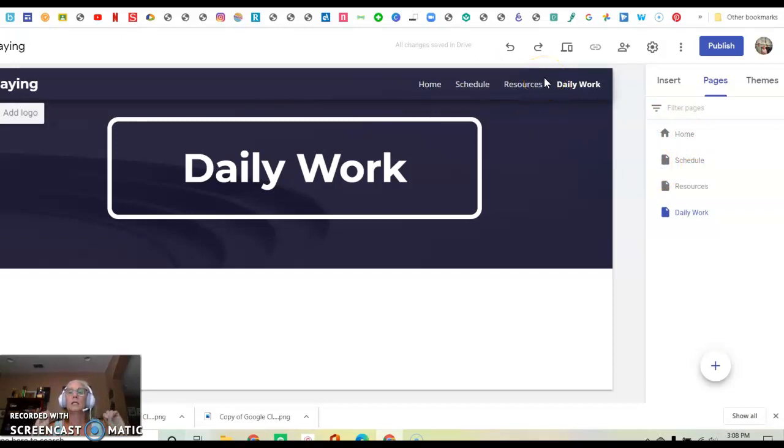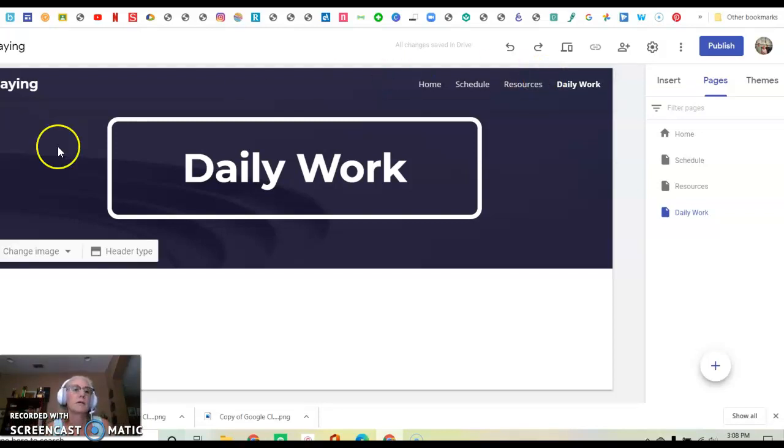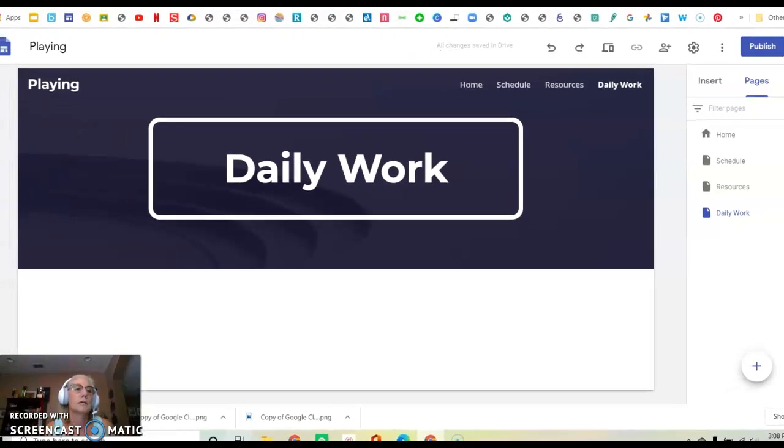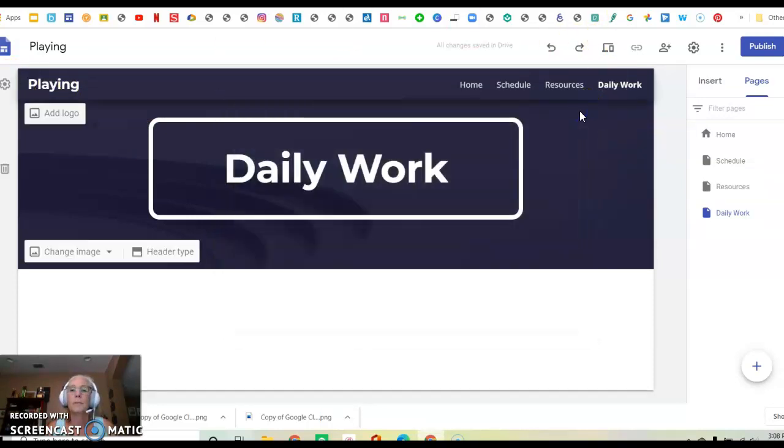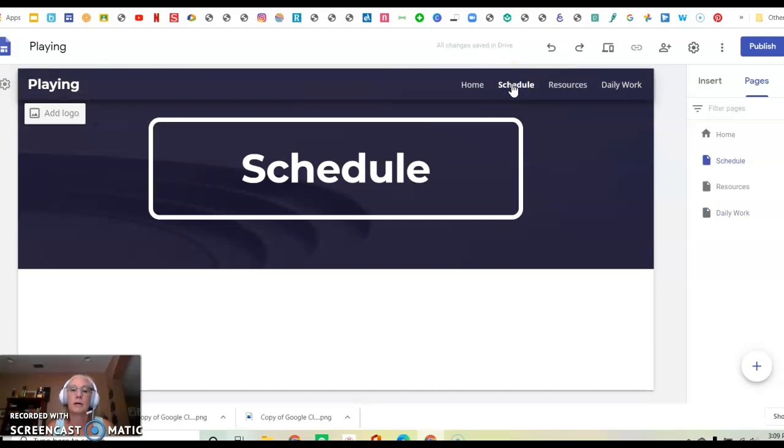Now, there is a ton of different little formatting things you can do. You can play around with things. There's a settings toggle over here where you have some different choices of things to do. I'm not going to go into all that. This is just like an overview, but just know that once you get in there, there's a lot of different things you can do to play. So each one of those pages shows up on the top of my header, and when I click on the word, it's going to take me to that page. They're all blank right now because I don't have anything in there. Next, what I want to do is